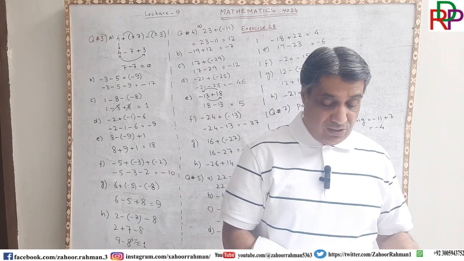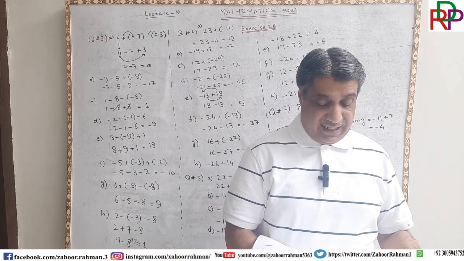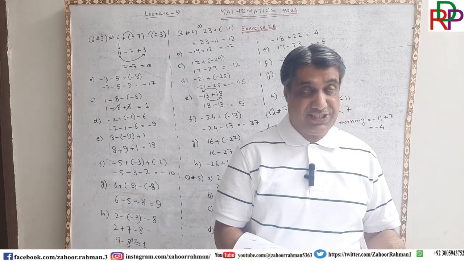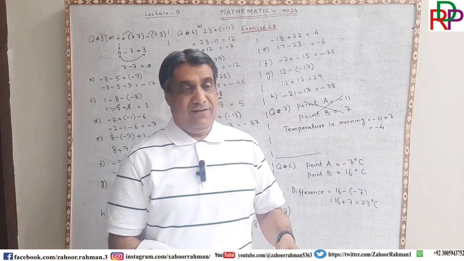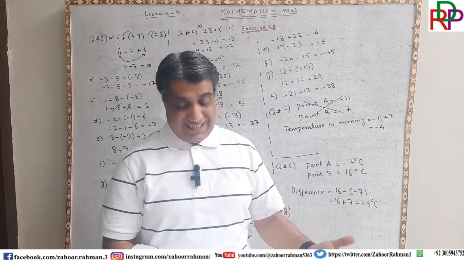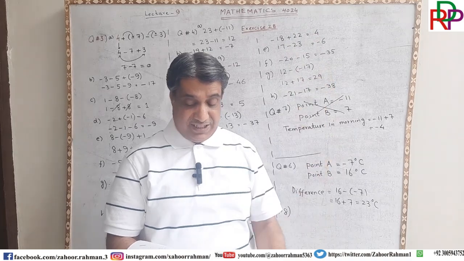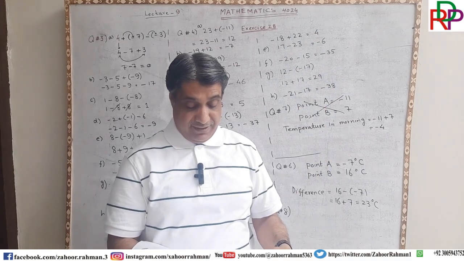So a city is located at a height of 138 meter above the sea level. For example, there is a city and that is 138 meter above the sea level, while